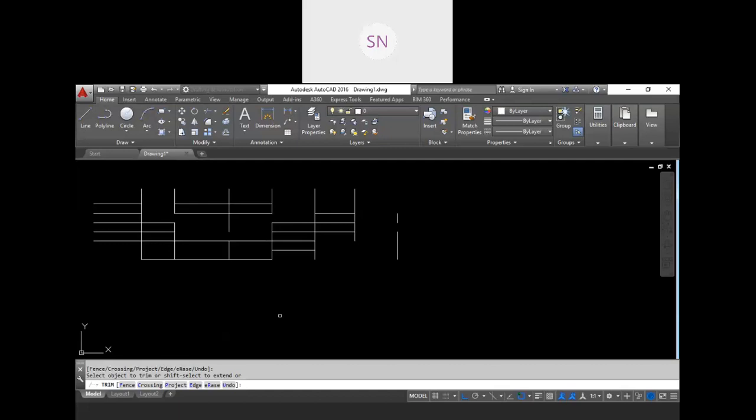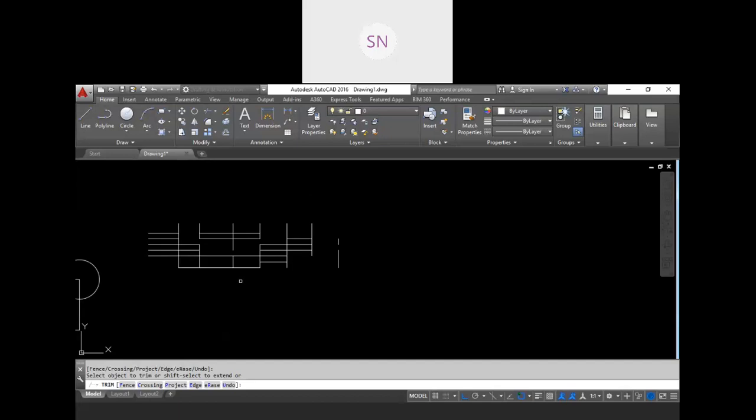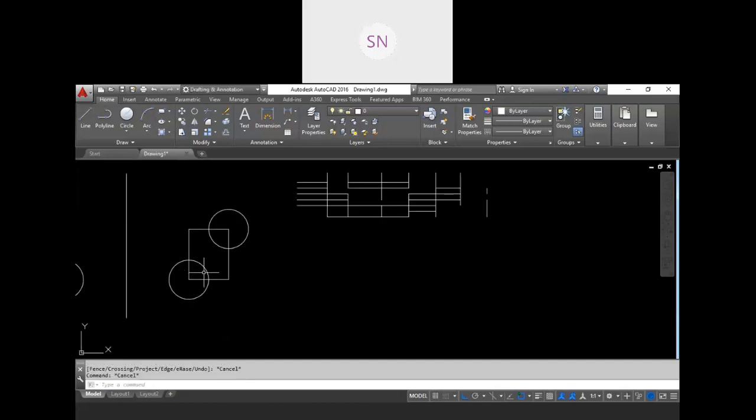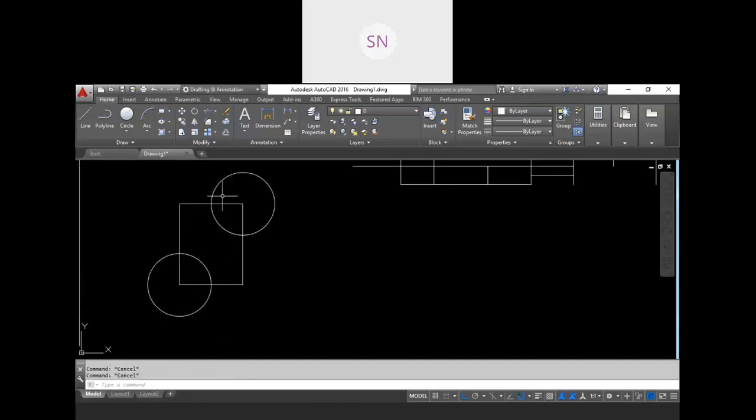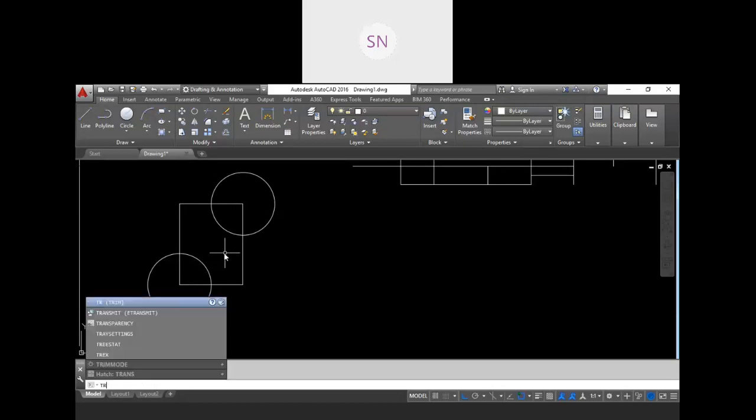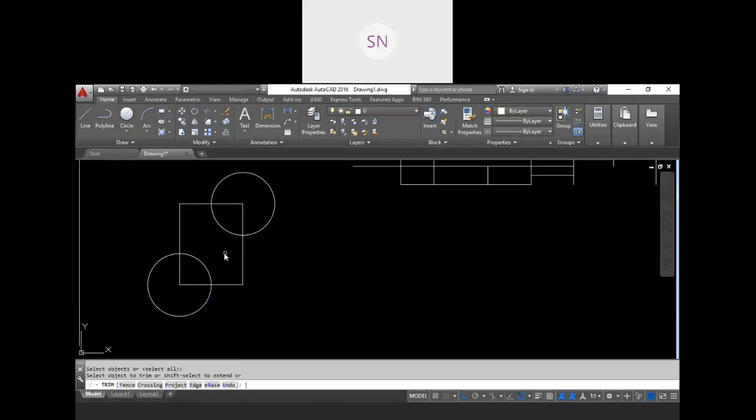It is clear now about the trim tool. So this is a very important tool. Again, I am repeating for you. For example, I want to trim this portion, right? So TR, enter twice, and now click on the lines that you want to trim. So this is the simplest method, right? You need to remember only that thing. You need to hit enter twice over there.